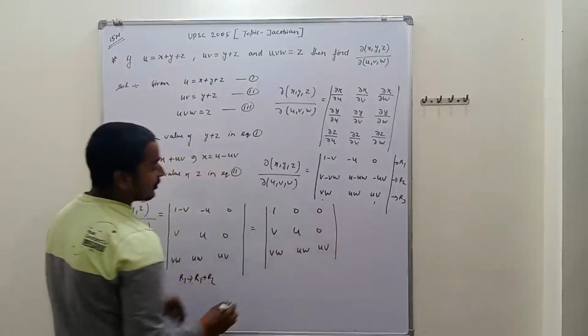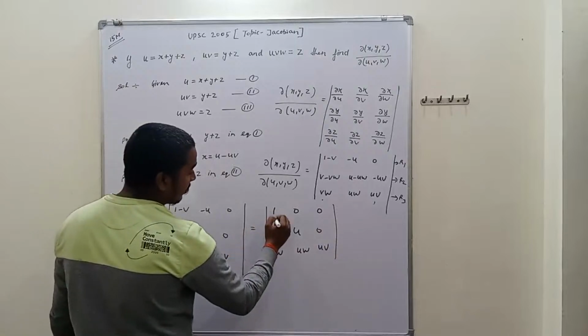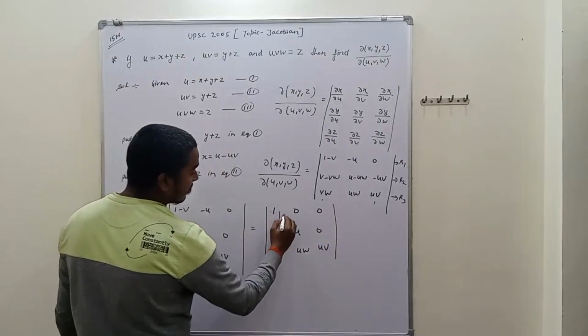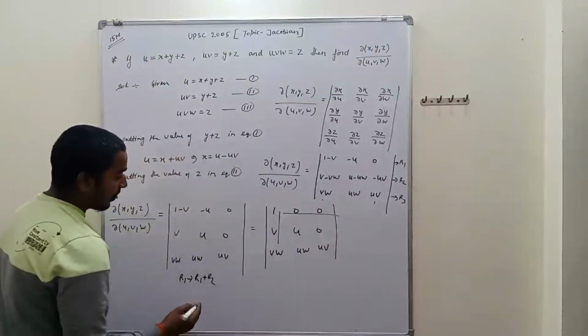Further we have to expand the determinant with respect to 1, that is this and this is cancelled out, and the remaining is